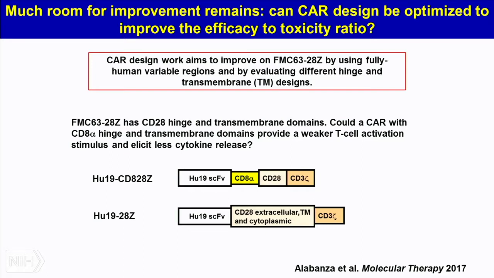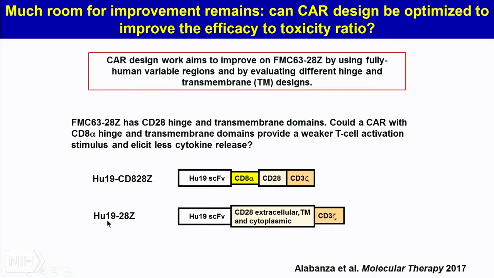We hypothesized that a CAR with different hinge and transmembrane domains would provide a different activation stimulus to the T cells and thus affect the functional output of the CAR T cells, such as cytokine production. So here we have a CAR we call Hu19-CD828Z, which has a Hu19 single chain FV as an antigen recognition domain, CD8 hinge and transmembrane domain, CD28 co-stimulatory domain, CD3 zeta T cell activation domain, and we compared that